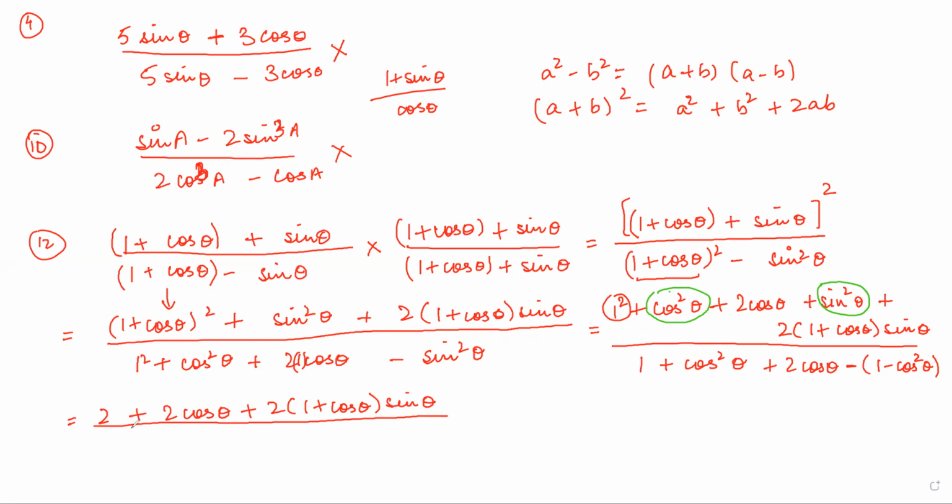Okay, let's open the bracket. First of all, let's see 1 plus cos square theta plus 2 cos theta and then minus 1 and plus cos square theta. Now this 1 and 1 will cancel out. And then you have 2 plus